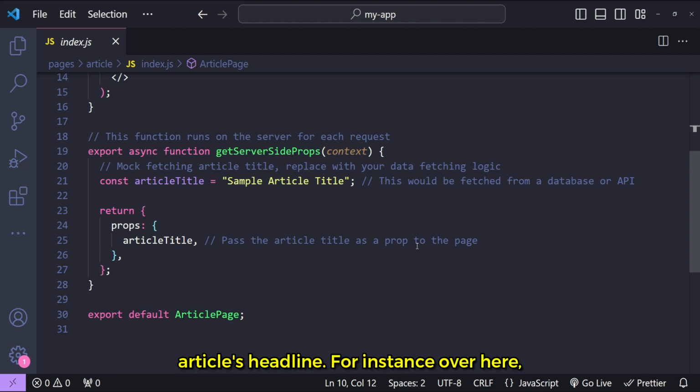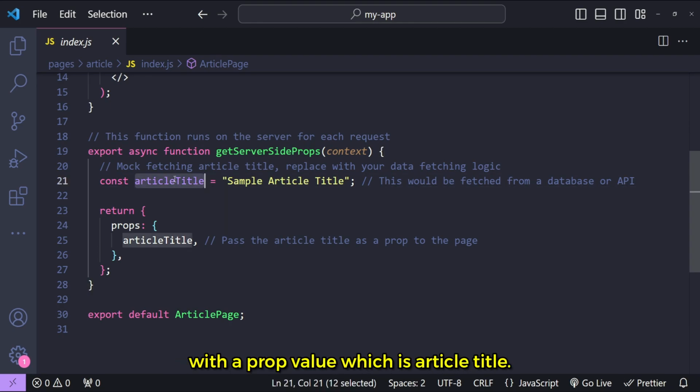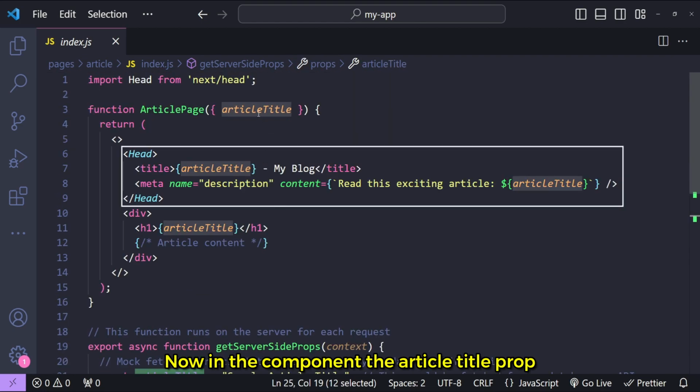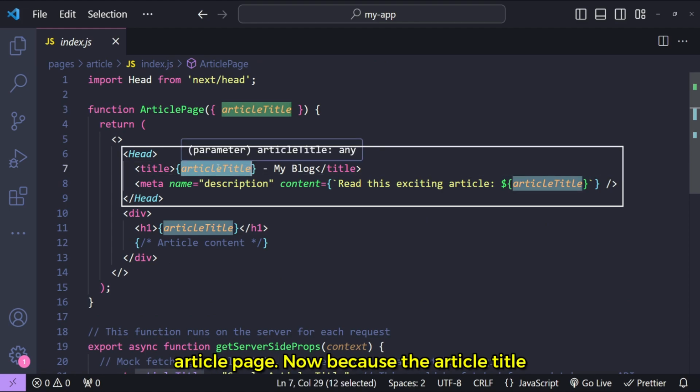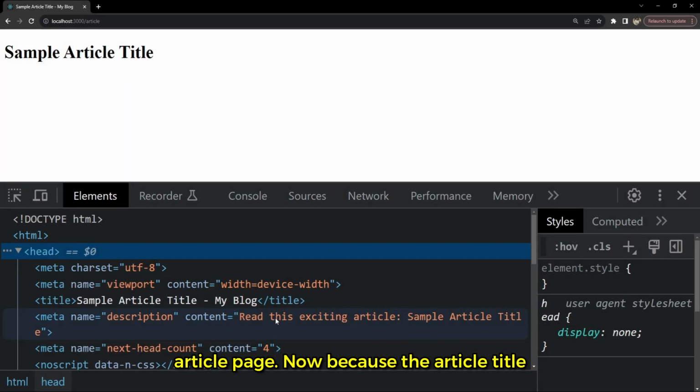to an article's headline. For instance, over here, we are providing the article's title by fetching it from the server from any kind of database and then providing that title with a prop value, which is article title. Now in the component, the article title prop is being used to set the title of this article page. Now, because the article title is being set from the server, the search engine optimization of this article page will also greatly increase because the metadata information is being rendered from the server directly instead of dynamically being set from